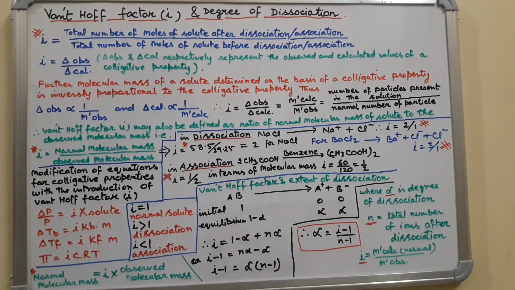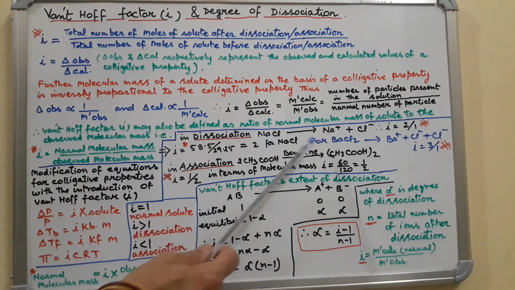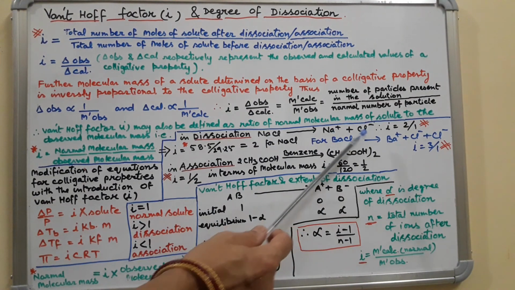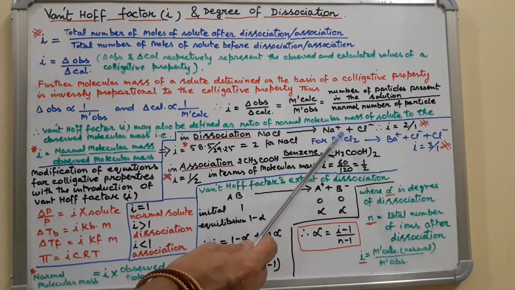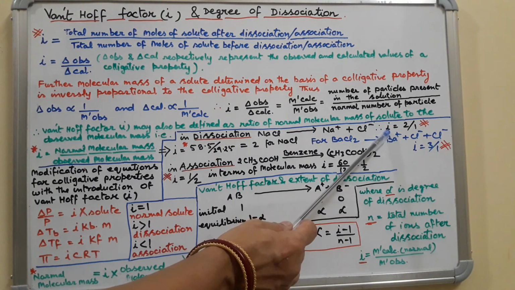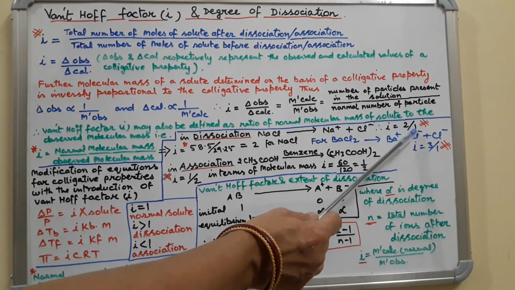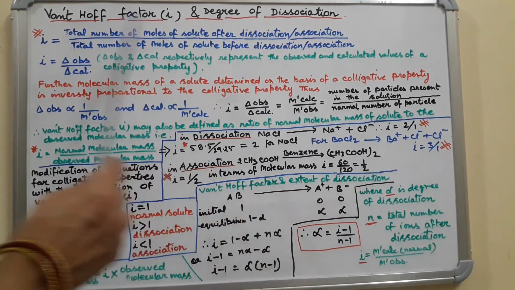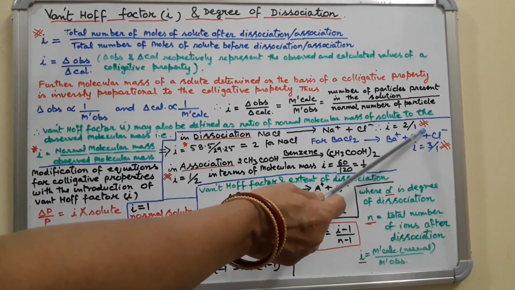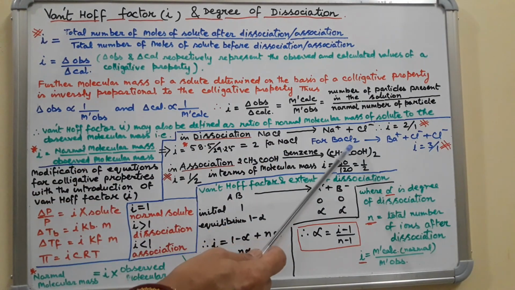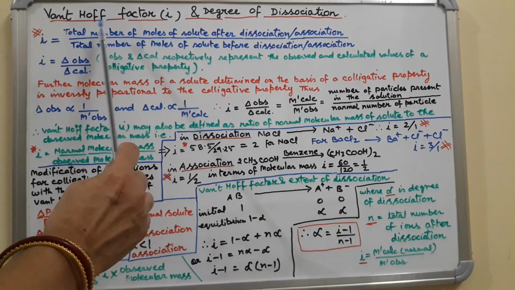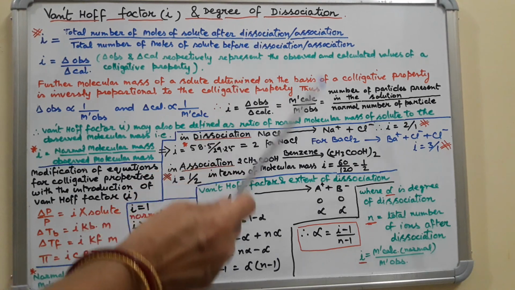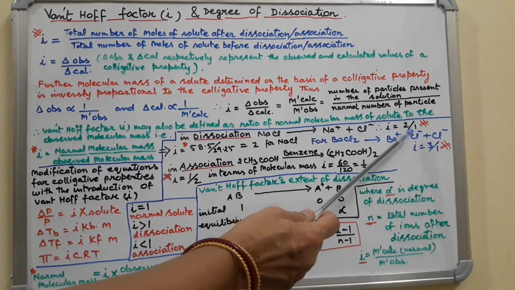Now let's see some examples here. See, in case of dissociation, I have taken the example of NaCl, which dissociates into Na+ and Cl-. See, how many particles are there? There are two particles. So if I want to calculate, i is equal to 2 by 1. Now this 2 is actually, you can see, this is the hash here, compare it, hash and hash. So this is the formula, and the implementation is here that i is equal to 2 by 1 in case of NaCl, because the number of moles of solute after dissociation for NaCl is 2. So therefore i equals 2.